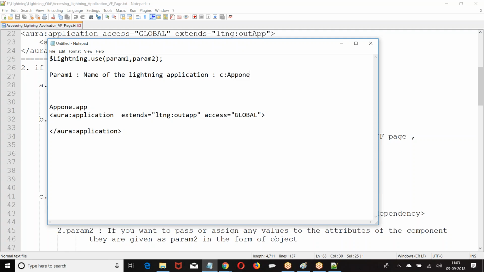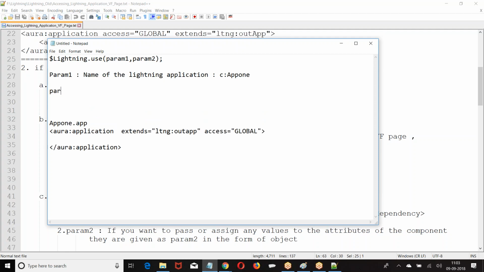In the Lightning dot use, parameter 1 is the name of the Lightning application. Param 2 is the callback action.